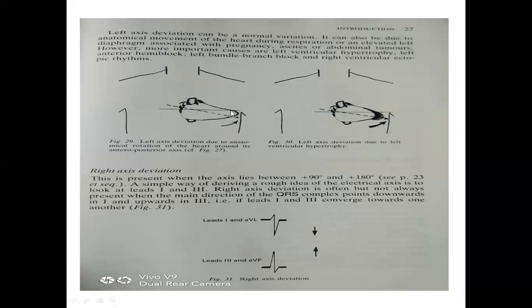Are you finding the diameter of this wider? Yes, sir. When the heart comes downwards, it becomes vertical. Yes or no? If you take a fruit, take a mango, and you try to rotate it, when you rotate it upwards, the horizontal diameter increases, no? Correct? And if you take it downwards, the vertical diameter increases.